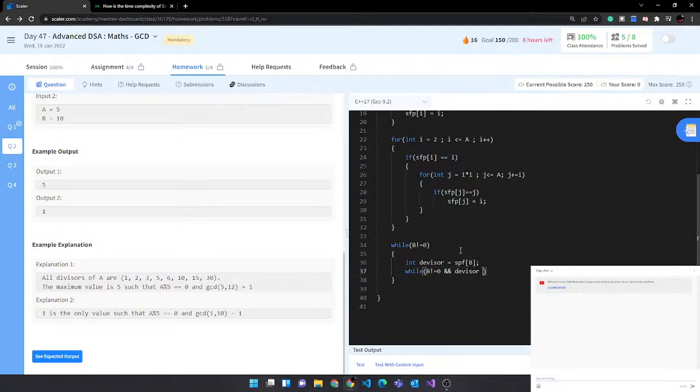Divisor modulus b is equal to 0. Let's go. GCD of, if GCD of